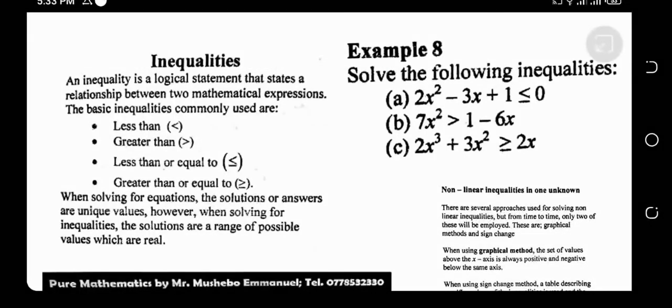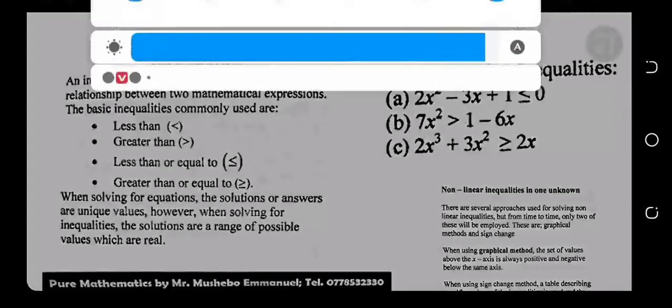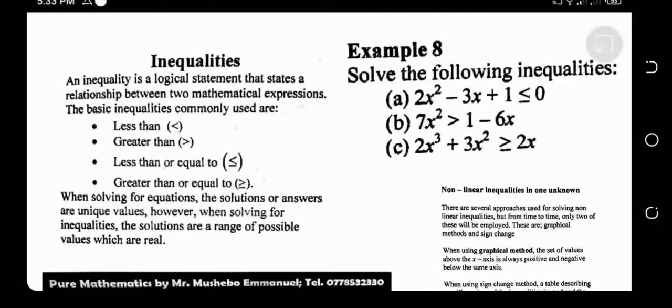In this video, we can go through inequalities, and here we are going to see how to solve inequalities in pure mathematics, and we are going to see those methods which we are required to use when we are solving inequalities in pure mathematics. So here let us begin by